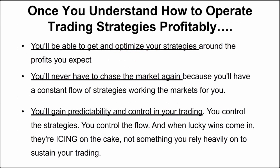So once you understand how to operate trading strategies profitably, you'll be able to simply get and optimize your strategies around the profits you expect. You'll be able to actually control the strategies that you have and have a constant flow of them working the markets for you instead of trying to chase it. And you'll also gain predictability and control in your trading, in your strategies. And when the lucky wins come in, they're just icing on the cake. They're not something you rely on to sustain your trading, which is what a lot of people do